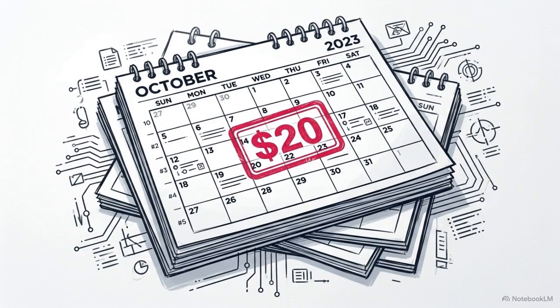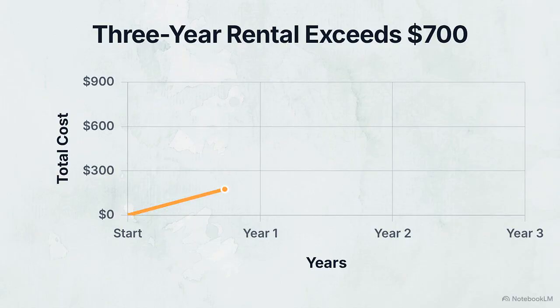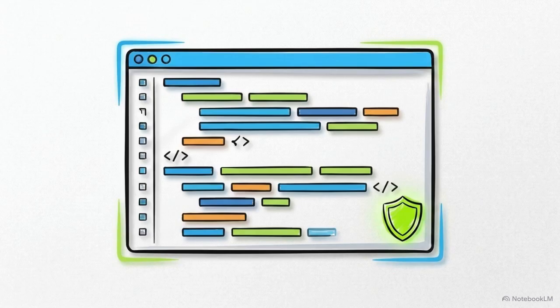Then there is the cost. Subscriptions for these tools typically run between $10 and $20 a month. Over a few years, you are paying hundreds of dollars in recurring fees for a tool you never actually own. Today, we are going to fix both problems by building a fully functional, completely private AI coding assistant directly inside